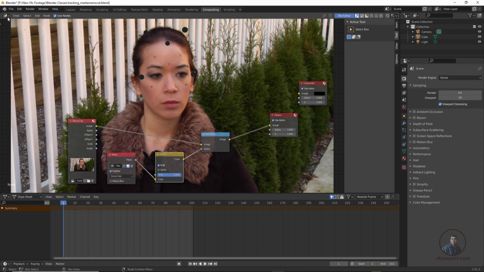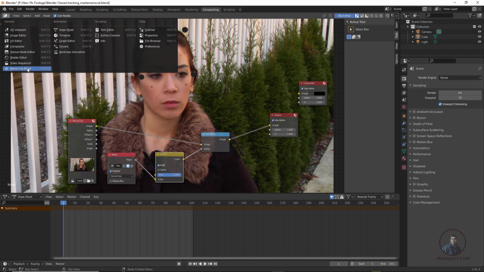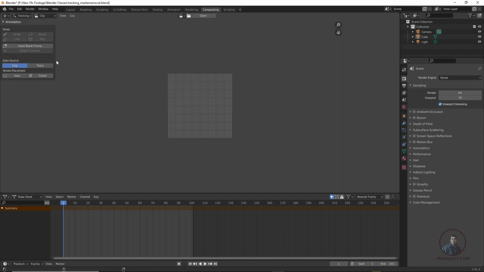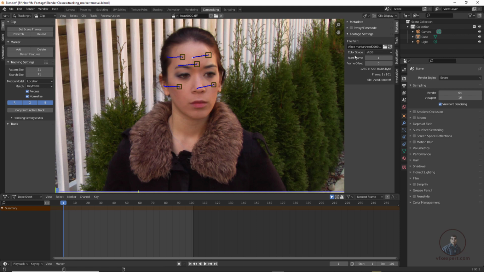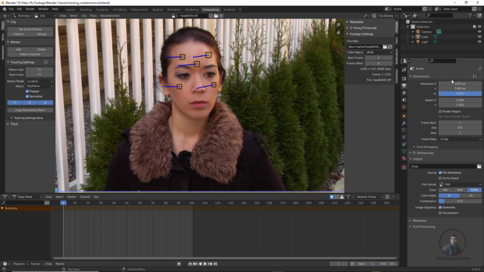Come back to our movie clip editor, so we can easily understand this. Again, just load our footage. So this is our footage, and if you look, this is our footage frame size, which is 1280 by 720. But in our output properties, this has been defined by default as 1920 by 1080. This is the most important thing. While you are doing match moving compositing, you have to set the frame size according to your footage.